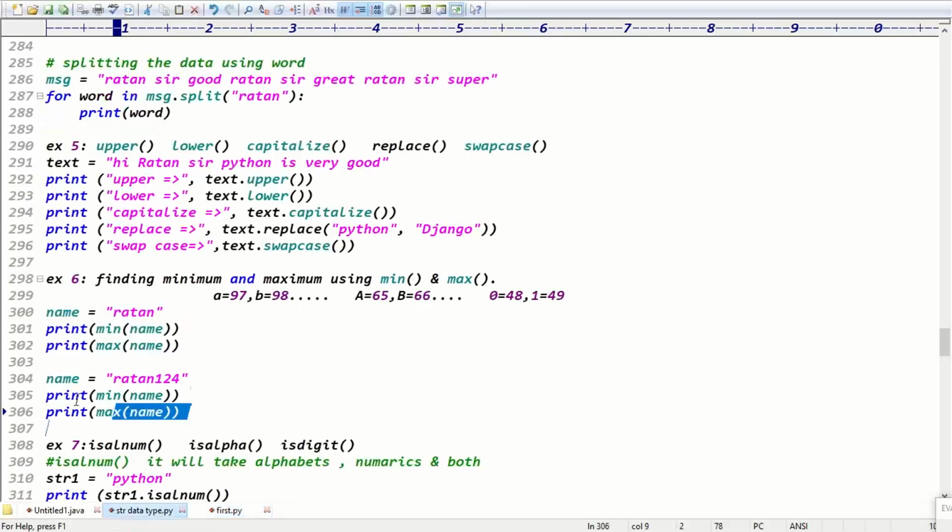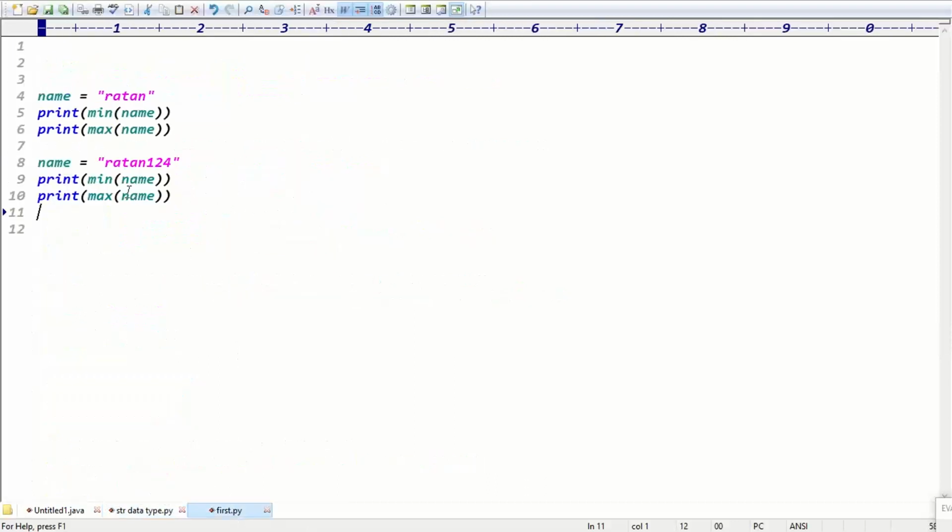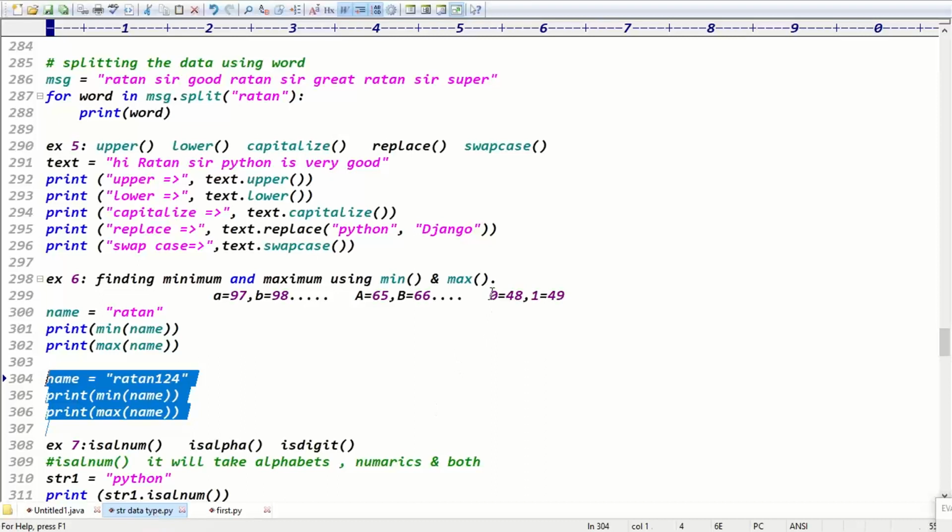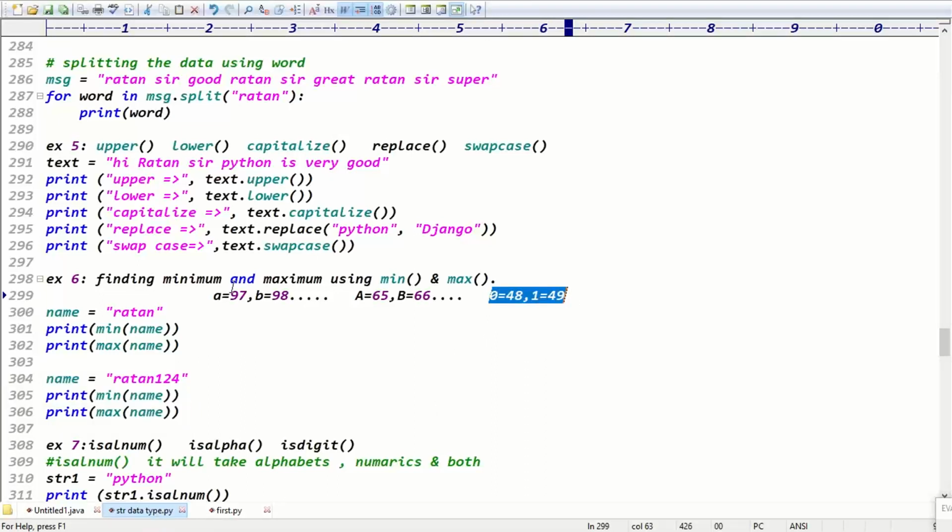Exactly. So you can go for words also, like even numbers also, right? See, what is the minimum now? Now here the minimum is not A, right? Because one has the lowest code: 0 starts from 48, one is 49, but A is almost 97. So the minimum is one, and the maximum is T, right?